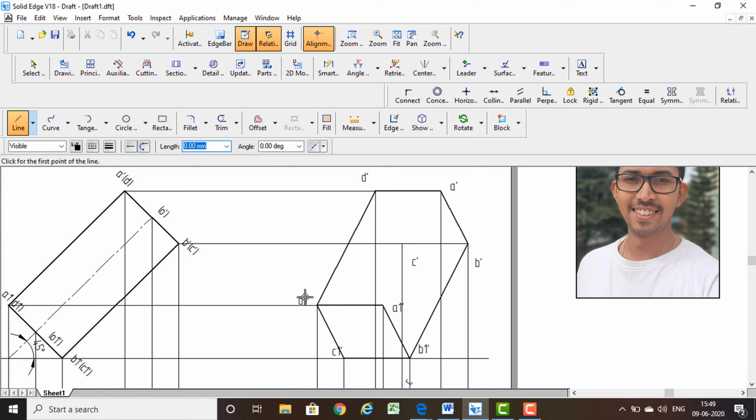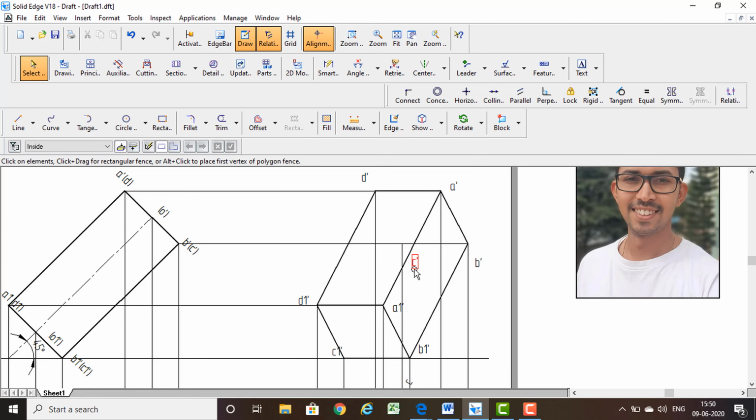After this, in the bottom face, identify the top corner after the boundary. This is the top corner in the bottom face. The vertical edge which is going from A1 dash to A dash will be dark. Now you identify which is the untouched corner. C dash is the untouched corner. Therefore this must be placed inside the parenthesis. What is the meaning of that? It is an invisible corner. Place it inside the parenthesis.